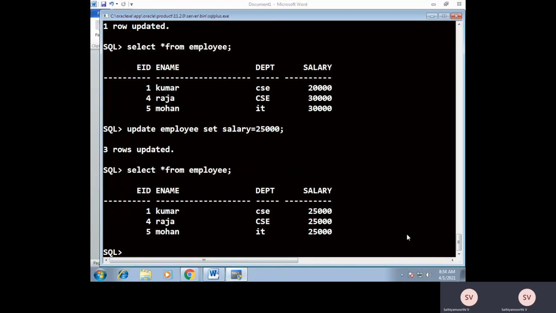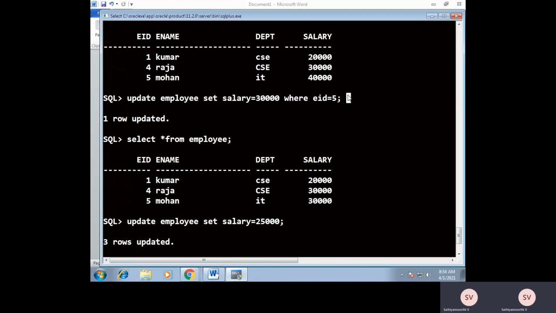Let's see the output. Irrespective of any condition, all the records will have the same value under the salary column. Either you can specify the condition under the where clause.